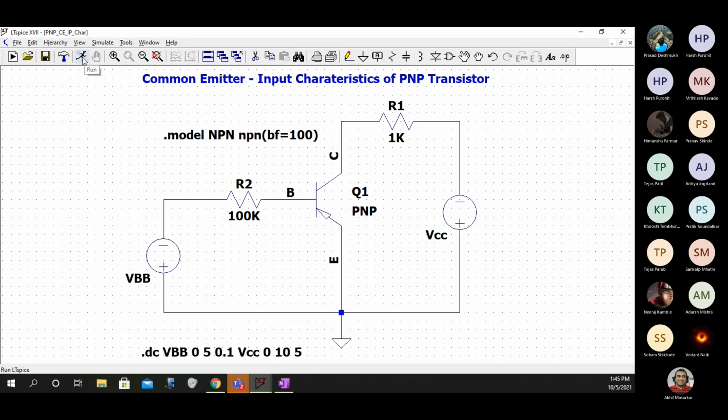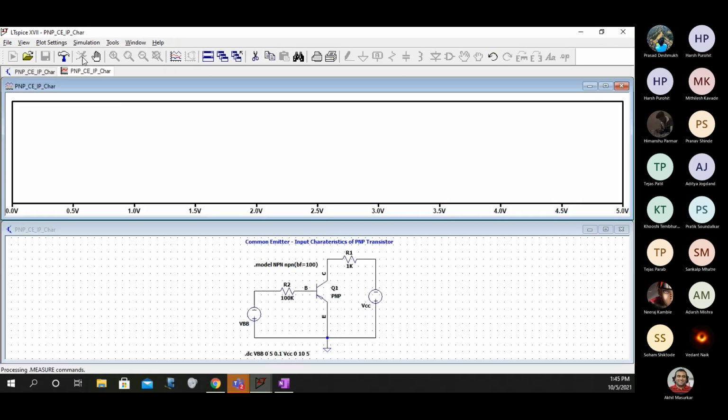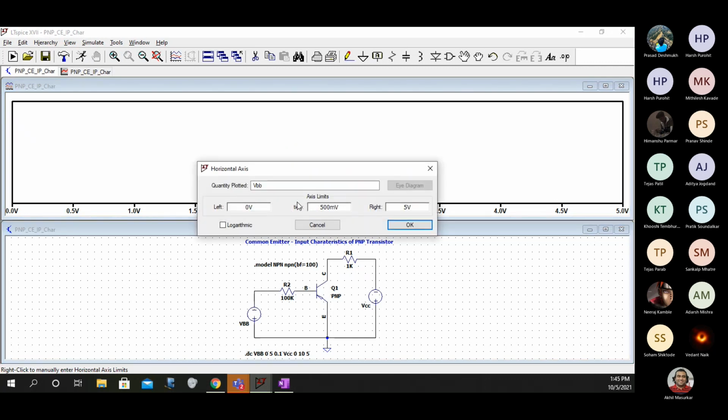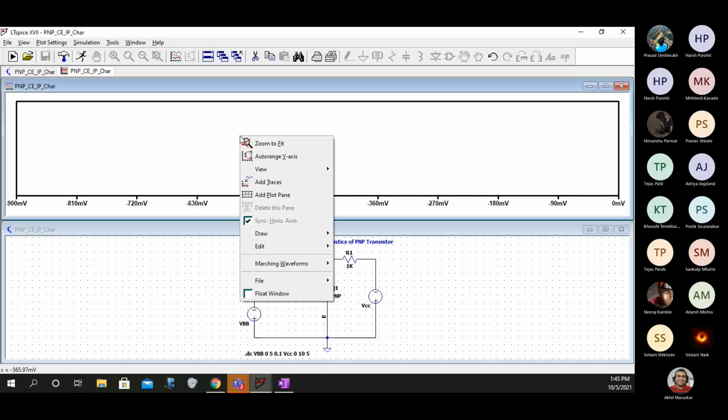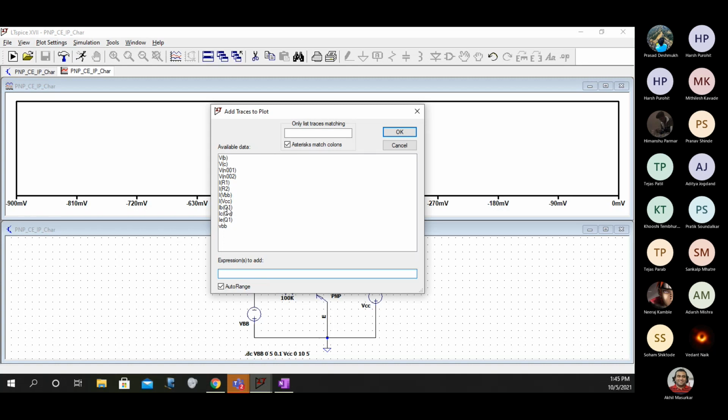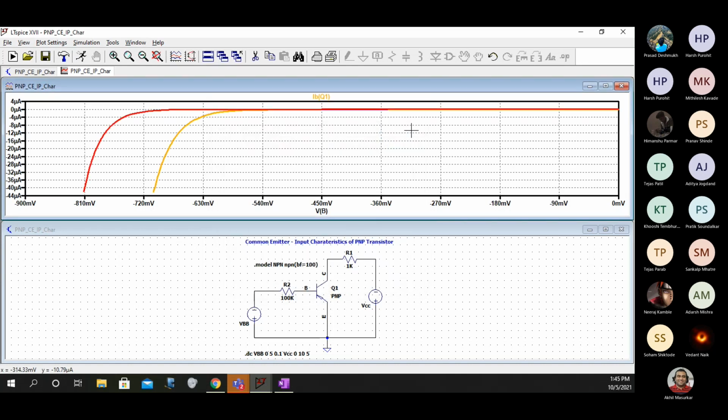So let's run this and check what we are getting. And on this axis we want IB. So you should get your characteristics in this fashion.